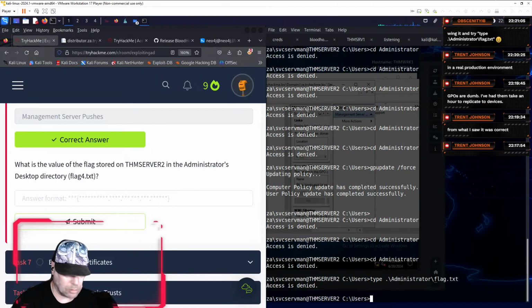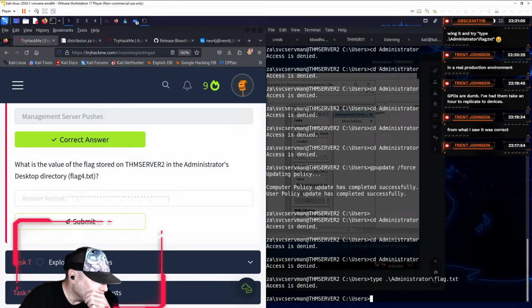Does that track? The GPO object is 6 letters. The GPO. But what would come before the GPO? I'm guessing the 4-letter word is push.